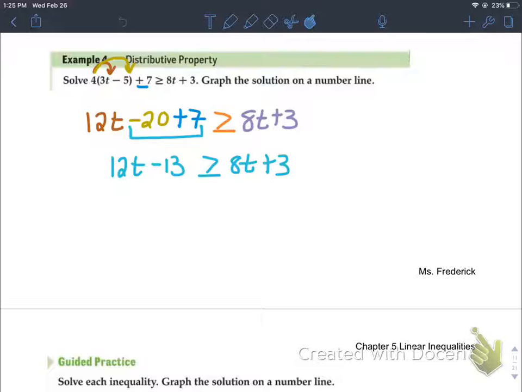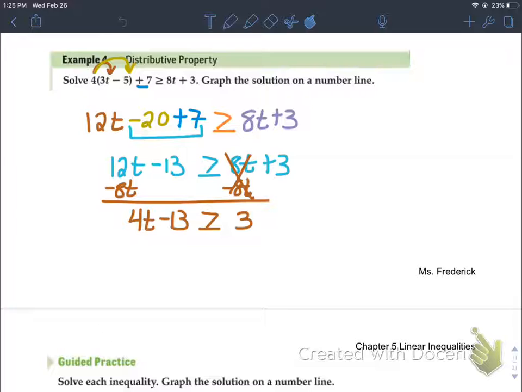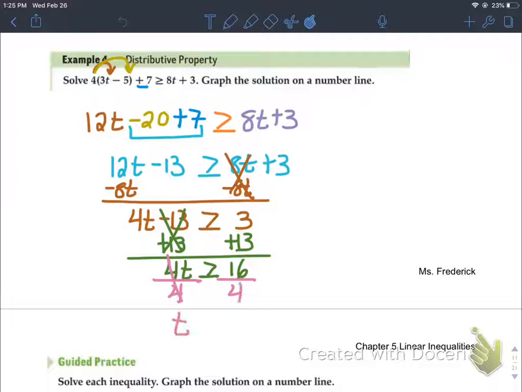to 8t plus 3. Now I can move all of my t on one side and all of my constants to the other. So first I'll subtract 8t from both sides, and I'll get 4t minus 13 is greater than or equal to 3. Then add 13 to both sides, and you get 4t is greater than or equal to 16. Continue on dividing by 4 on both sides. Since we did not multiply or divide by a negative, my sign will stay the same as greater than or